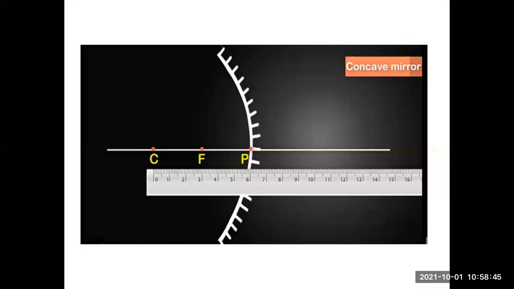First plot the F point. If you take CF distance as 3 centimeter, plot FP as 3 centimeter. By placing a steel point at C and your pencil point at P, you can draw a curve which is a concave mirror. Pay attention. If you are able to draw this diagram scientifically properly, then only you will be able to observe all those image formations very properly.